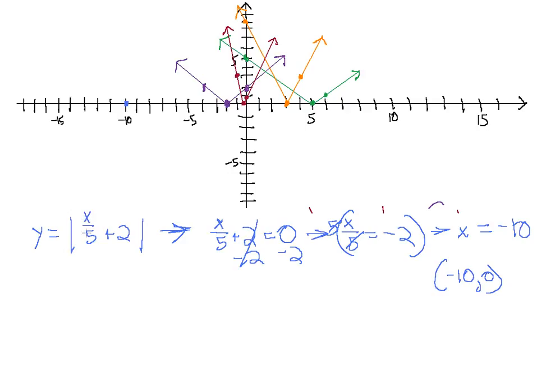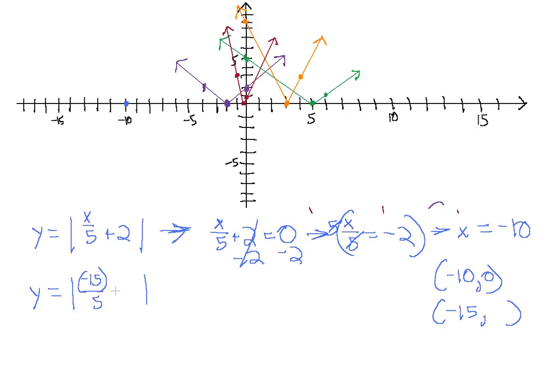Now notice we want to make good decisions when we're picking values. Notice that we have a denominator of 5, so instead of picking just minus 11 and minus 9 or 0 or something like that, if we use a factor of 5, that will make life much easier for us. So let's go ahead and pick the value to the left of minus 10. Let's pick minus 15. Now we're picking a much larger number, but this will make sense in a second when we plug it into our equation. So x equals minus 15